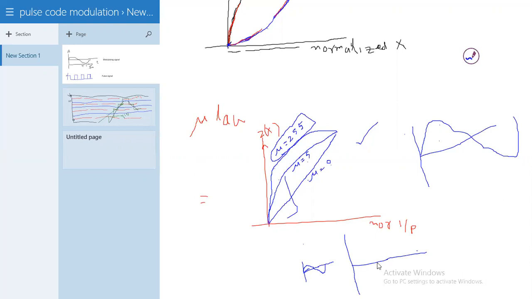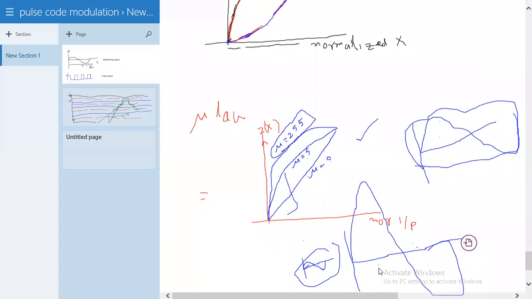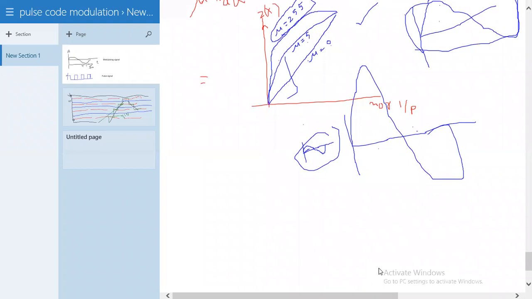if the input signal is a very large signal, then compression takes place. When this compression happens, again it is compressed into this waveform. Even then, whether it is the weak signal or the large signal, whatever may be present at the input of the compressor, the output is like this. Then we can apply uniform quantization easily without any loss of information. That is the importance of the companding.